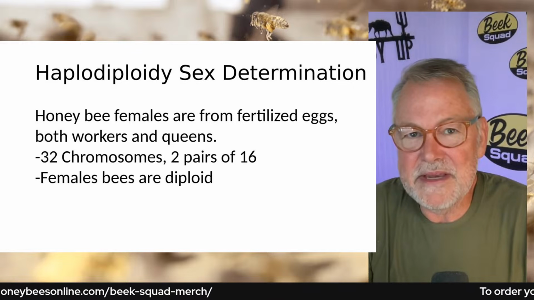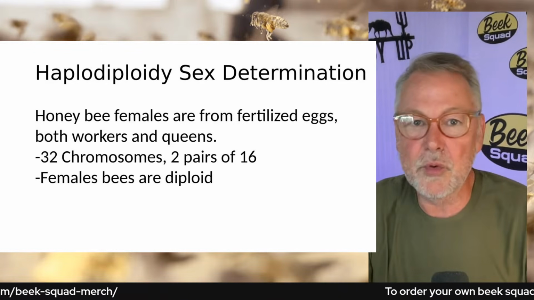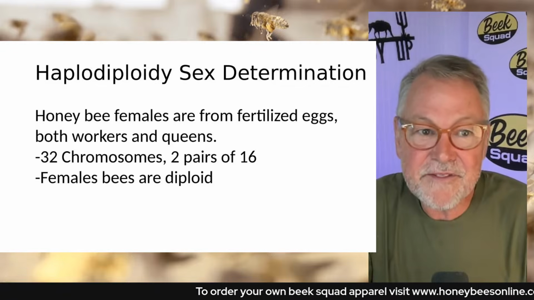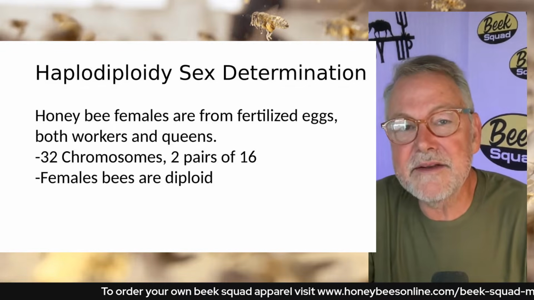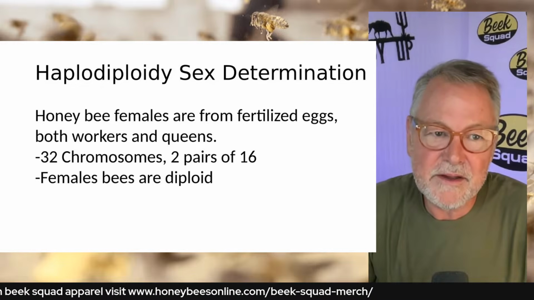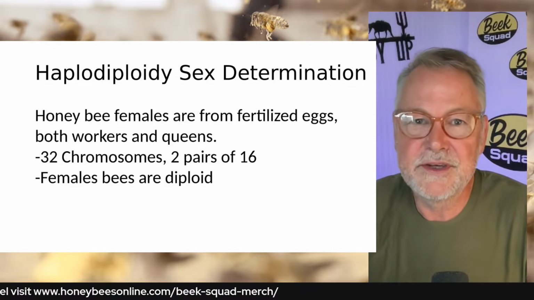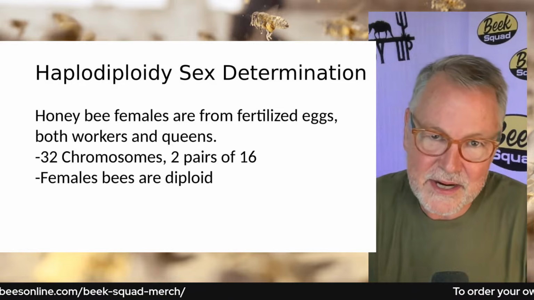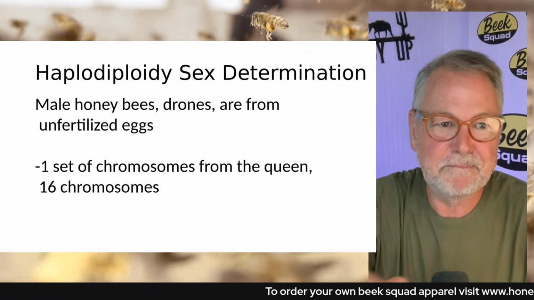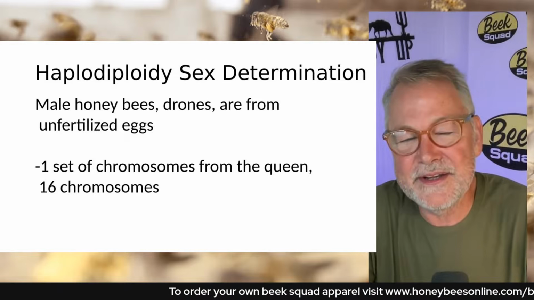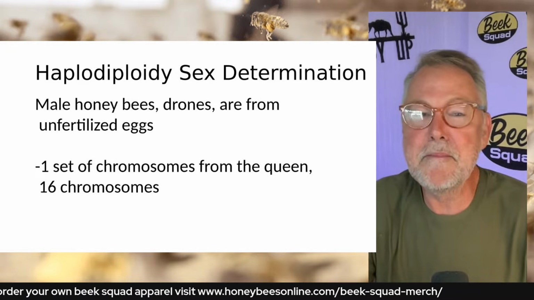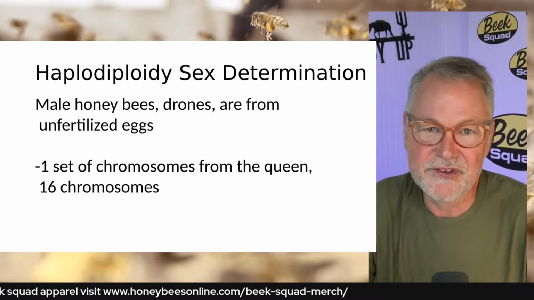And so that means the workers and the queen are from fertilized eggs. They have 32 chromosomes, and that means 2 pairs of 16. So female bees are diploid. That DI part of ploid means 2, diploid. Okay, stay with me. Okay, so then in haploid diploidy sex determination in honeybees, the male honeybees, the drones, are